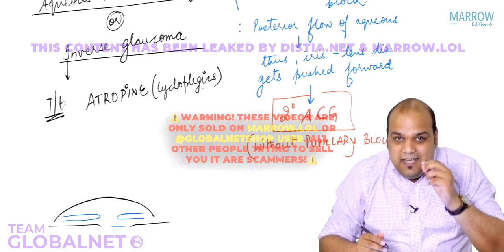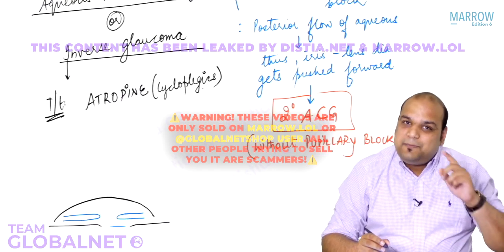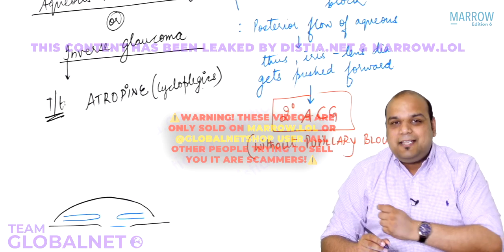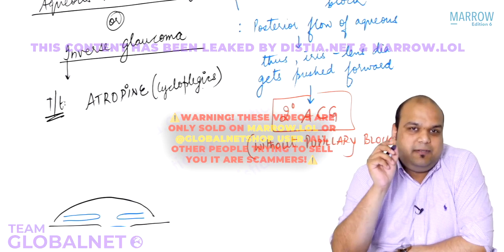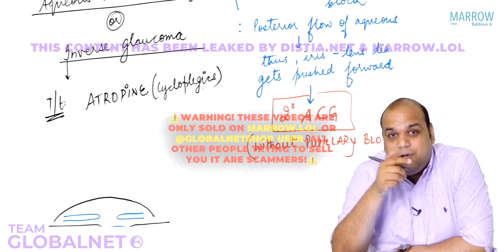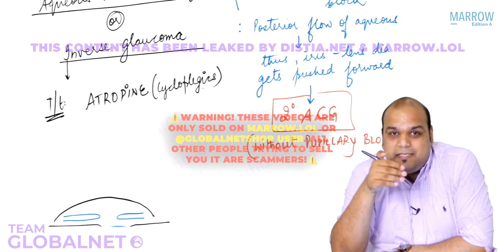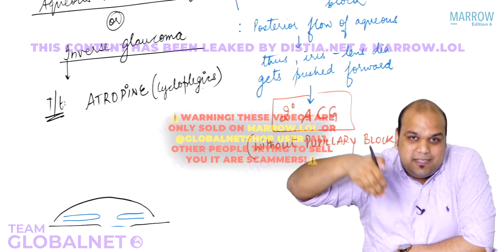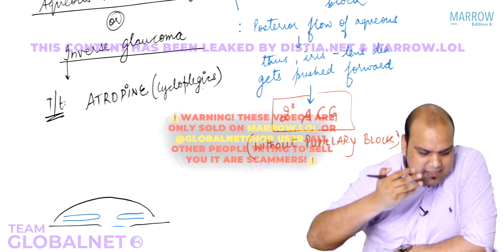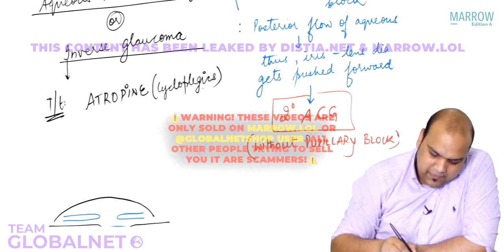The drug which needed to be given in angle closure glaucoma is pilocarpine, but we are giving the opposite drug, everybody, atropine. And that is why this gets the name inverse glaucoma. I hope you understand. Malignant glaucoma because of the cause, ciliary block because of the pathogenesis, aqueous misdirection because now the aqueous is getting secreted posteriorly also, and inverse because the treatment is opposite. Okay? So,